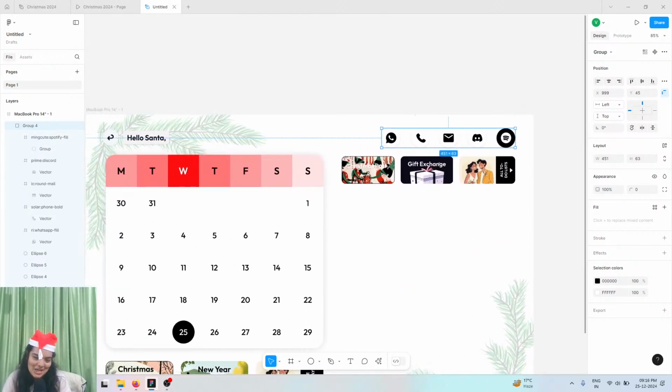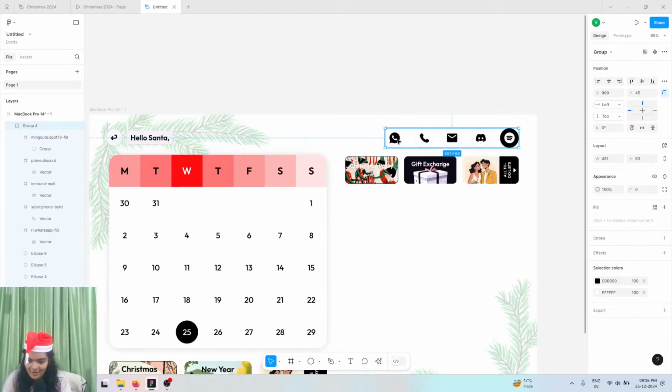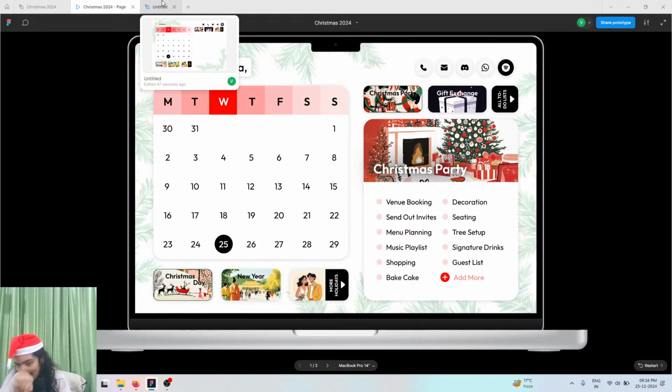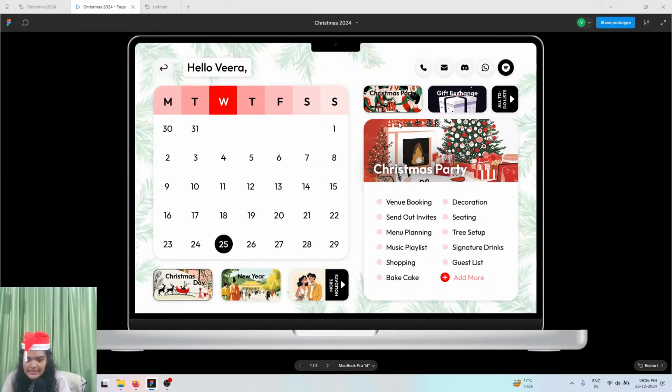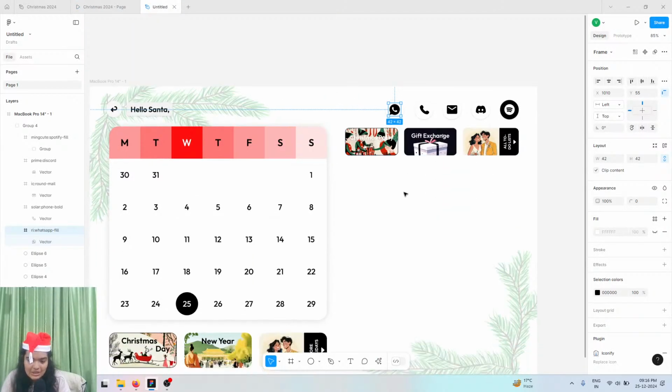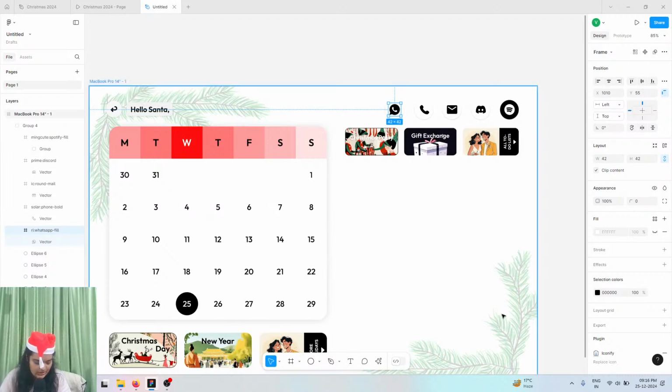Alright, we have all of the share icons that we need now. What else do we need? I feel like this is enough. And now we're going to start building out this to-do list, because why not? This is the to-do list section, by the way. So Christmas party is the currently selected to-do list. Christmas day is the selected day. The selected day is visible in the calendar, but we also need a to-do list which is big, which is